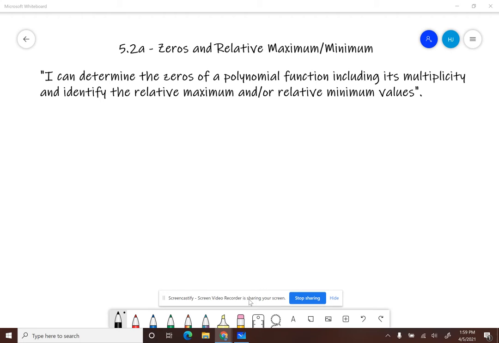All right, guys, today we're moving on to 5.2a, zeros and relative maximum or minimum. Our I-can statement today says I can determine the zeros of a polynomial function, including its multiplicity, and identify the relative maximum and/or relative minimum values. That sounds like a mouthful, but actually a lot of this is going to be kind of easy for you,